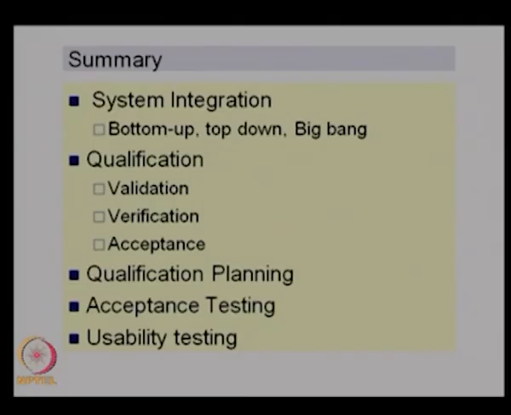In some special cases, the users will be forced to accept the system even if there are some errors, because the existing system is giving a lot of troubles. So they want to avoid these troubles, and they want a new system just to escape from the errors of the previous system. These are the options for the users. And then we discussed the acceptance testing procedures, the usability testing procedures, and then we saw a few case studies where failures in acceptance test caused the system failure. So these were the topics we discussed in the last 3 lectures,